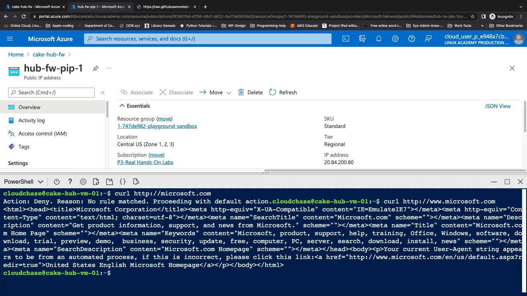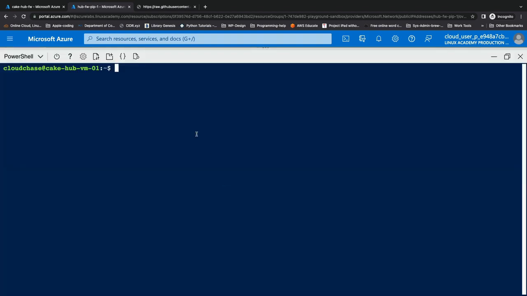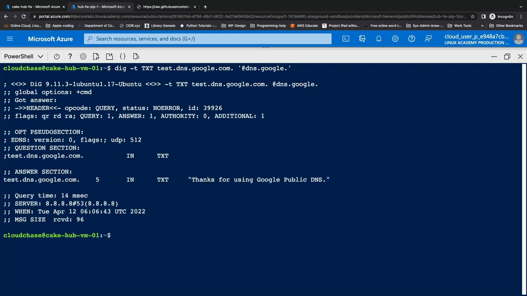Now the final rule to check here is the one that is in our network rule collection. So we'll clear up our display for this one real quick, and we'll actually just maximize our window here. And for this one, we're going to use a dig command. We're going to type dig, dash t for type, txt. We're going to type test.dns.google.com. Then we're going to use a single quote at dns.google, single quote, hit enter, and this is going to perform that dig lookup, and it's going to tell us specifically